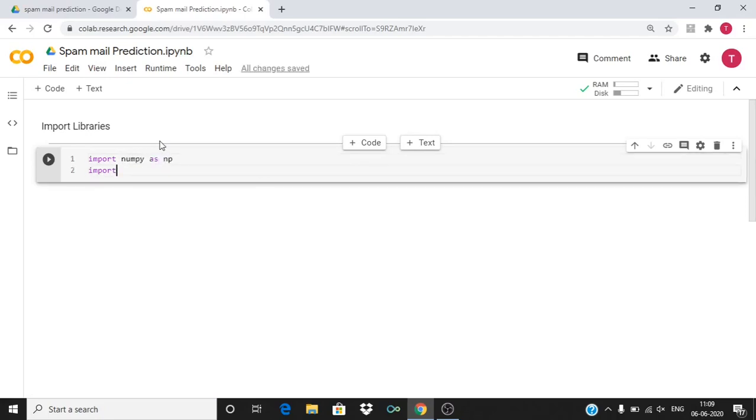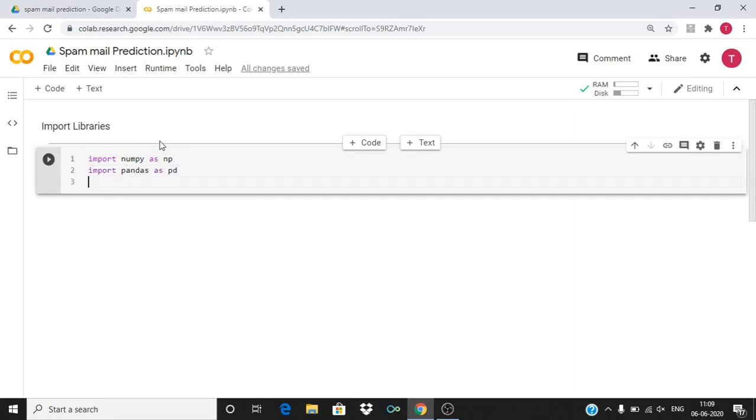Import pandas as pd. Then from sklearn.model_selection import train_test_split. This function is useful to separate the data into training and test sets.